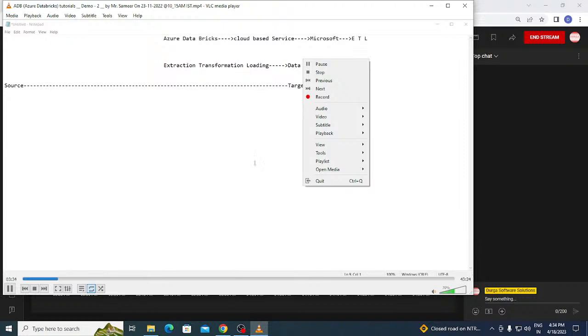Actually, it is the source of data. A place from where we get the data is called as what? Source of data. Okay, guys. A place from where we get the data is called as what? Source of data. Yes, guys, source of data.